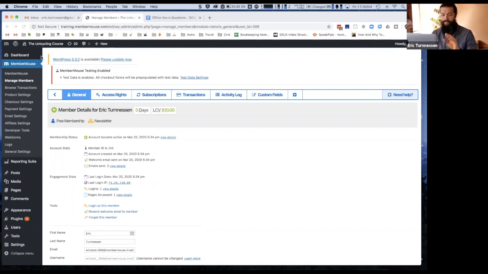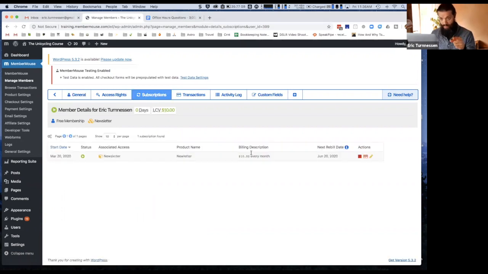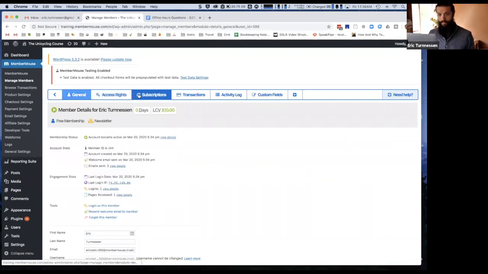But in the case of if you're working with authorized.net CIM, Stripe, or Braintree, the things that I'm discussing now apply to those situations. So the first one was, if you're on the advanced plan with MemberMouse, you have the ability to push out the next rebill date. If you're not on the advanced plan, then what you can do is